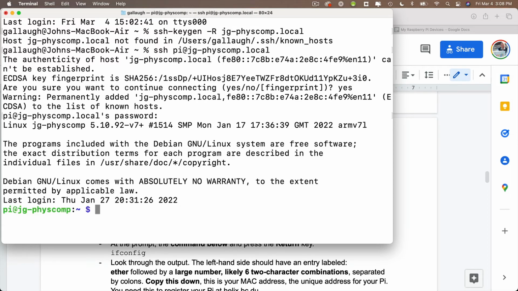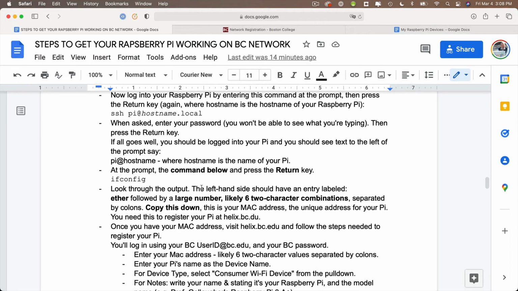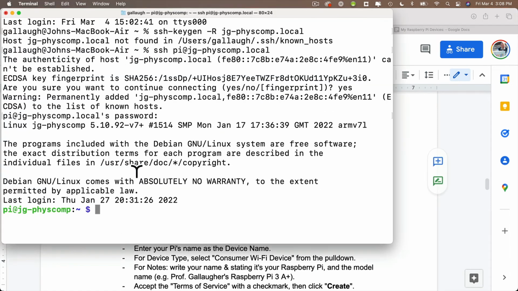If you enter the password properly, you should be returned to the prompt that looks like this. It says pi@ and then your Pi's host name, showing that yes, you have in fact logged into your Raspberry Pi. Congratulations! Next up, we enter the ifconfig command at the prompt, and that'll give us a whole lot